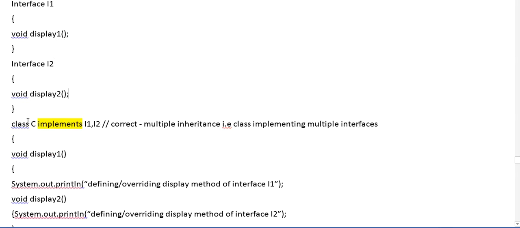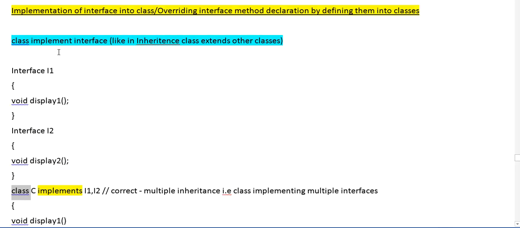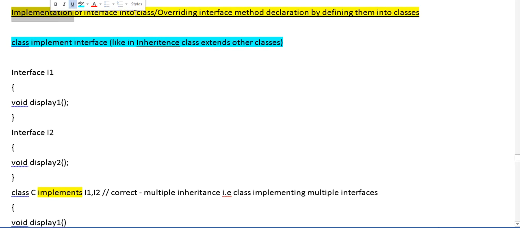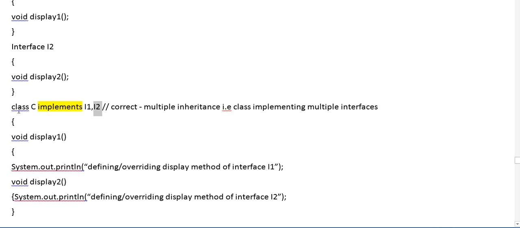So here, if we are implementing some interface in the classes, then we will have to override the methods of those interfaces. One more thing: in class C, we have implemented two interfaces called I1 and I2.